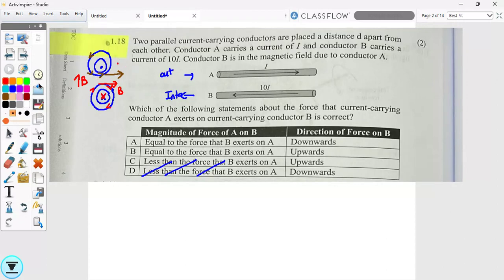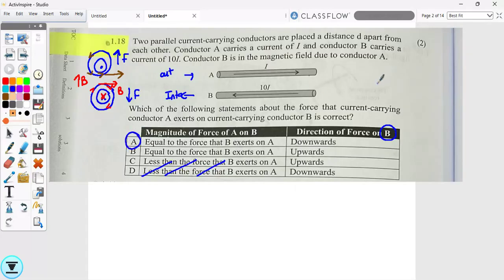So this one will be pushed upwards, will experience an upward force, but that force is the same as what this one will experience, but that one will experience a downward force. And they're asking us for the force on B. So because they are going to repel each other, the B is going to be pushed downwards. So the answer should be